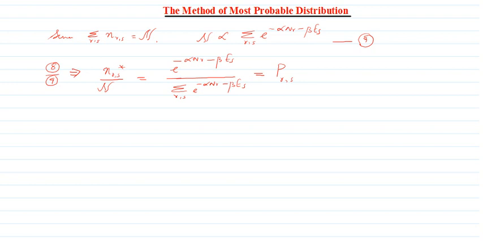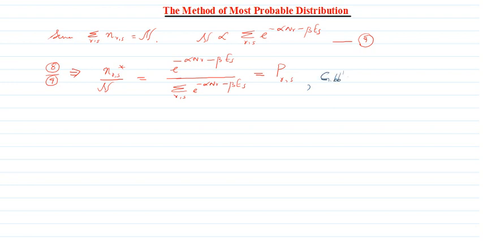So the LHS denotes, you can see, what is NR star denoting? In the most probable distribution case, NR star is the number of systems having energy Es and number of particles Nr out of the total number of systems in the ensemble. So that is a ratio, that is a probability. And you know, the sum over NR star will be equal to N, so N by N will be equal to 1. So the maximum value of the probability will be equal to 1 as per the LHS of the equation also. So this is exactly the PRS,